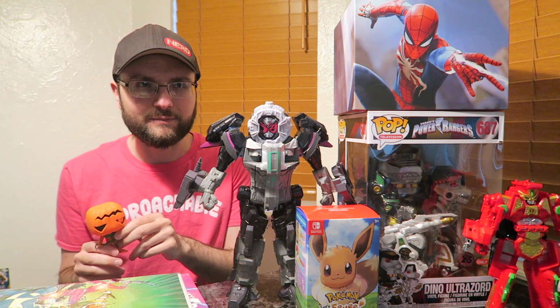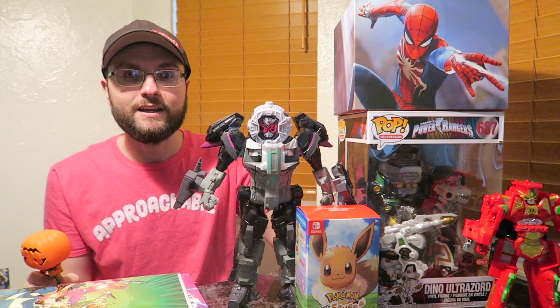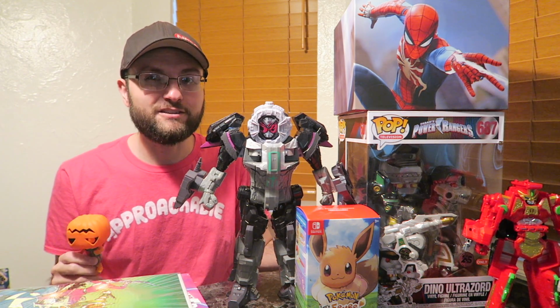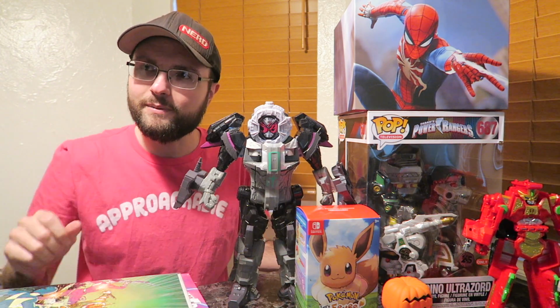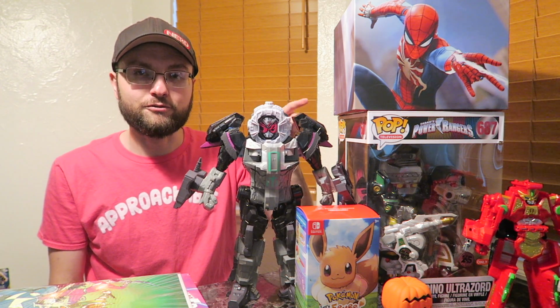I feel like that's not right, but whatever. Yeah, I thought those were two super neat monster releases. Also, here is the giant Ultrazord Pop vinyl. It's kind of hard to find, but I think it's a super cool release, so if you can, is Pudgy Pig? I think it's Pudgy Pig. I'm still on that, but I think if you can find this, I think that this Ultrazord vinyl is a